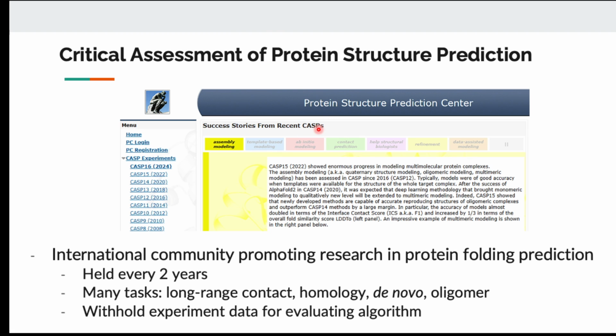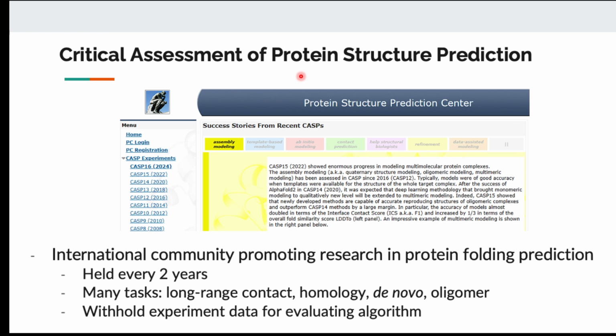This is a community of structural biologists who get together every 2 years, and they create this kind of competition where they withhold the latest experimental data on protein structure, and they ask everyone to train their AI based on known protein structure and try to predict the new structure that everyone hides from the world. So basically they keep some structure a secret for a year so that they can use it to test new